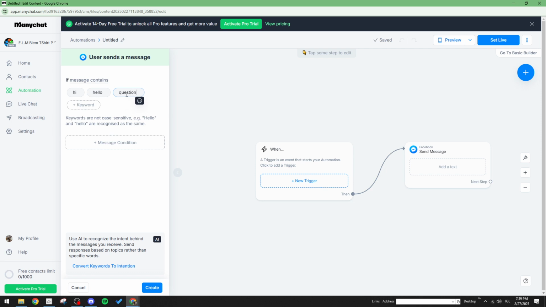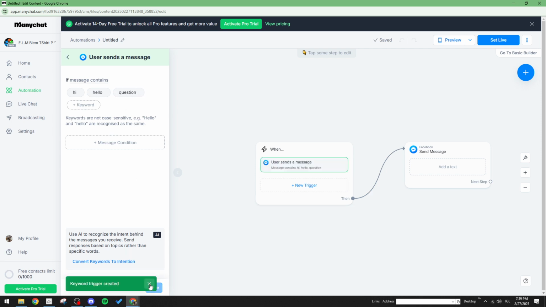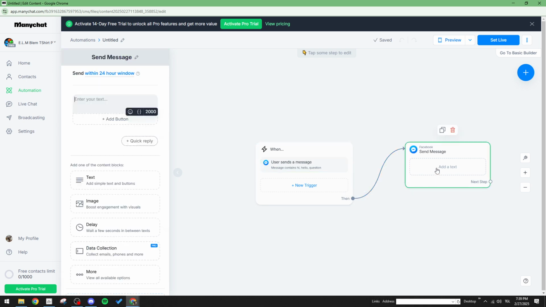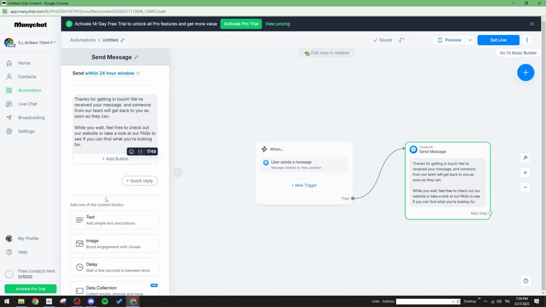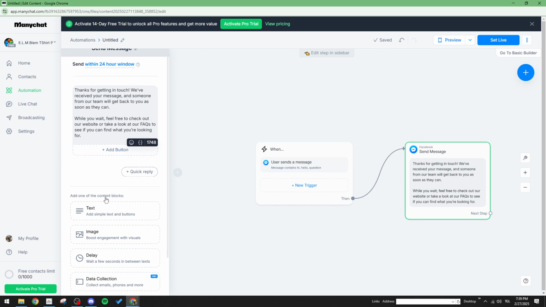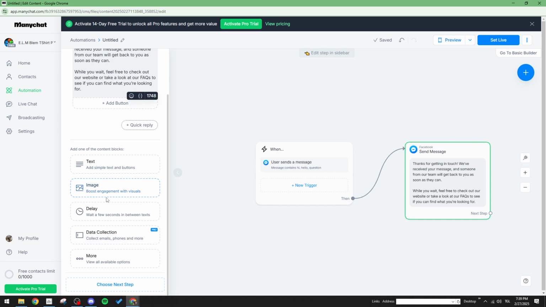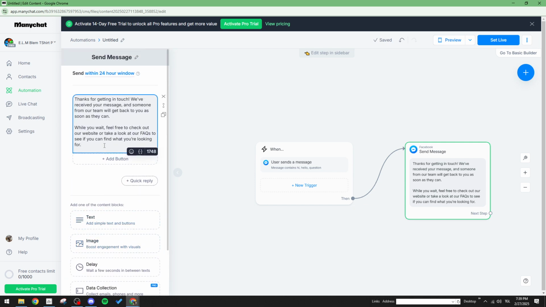With the trigger set, it's time to design your reply. This part uses the Flow Builder, an intuitive tool that lets you craft the exact messages you want to send. Here you have the freedom to type out your desired auto reply message. You can include personalized elements such as using the recipient's first name to make your interactions feel more human and engaging. Take a moment to think about the tone and content you'd like to convey, ensuring it aligns with your